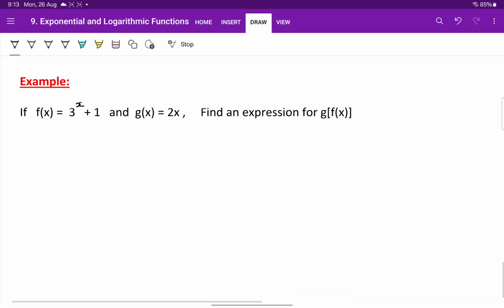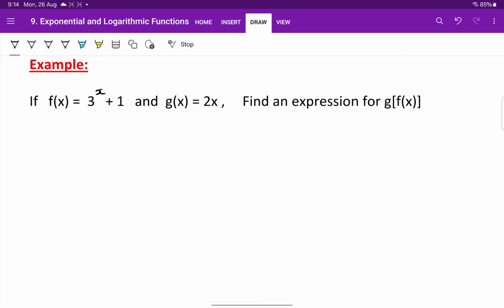All right, something a little bit different. A little bit of function work here, a bit of composite functions. Okay, so let's have a look. We've got a function of x, f of x equals 3 to the power of x plus 1. And we've got another function, g of x equals 2x. We want an expression for g of